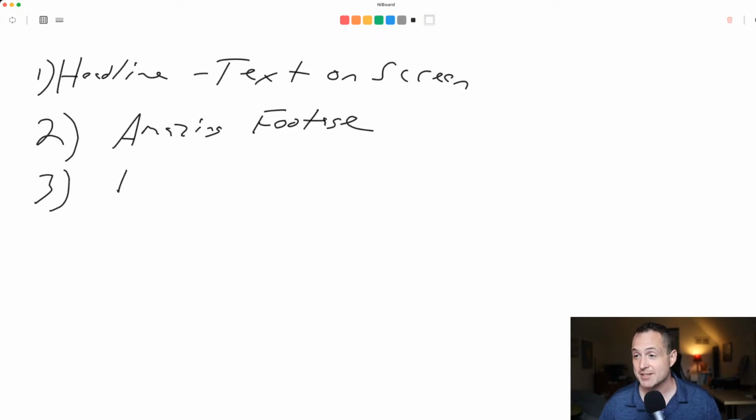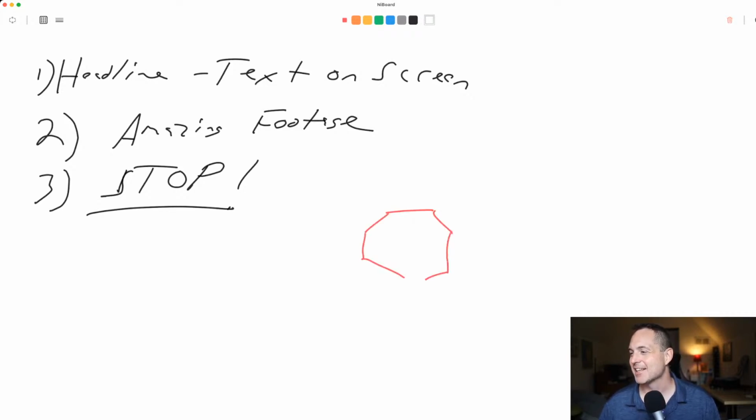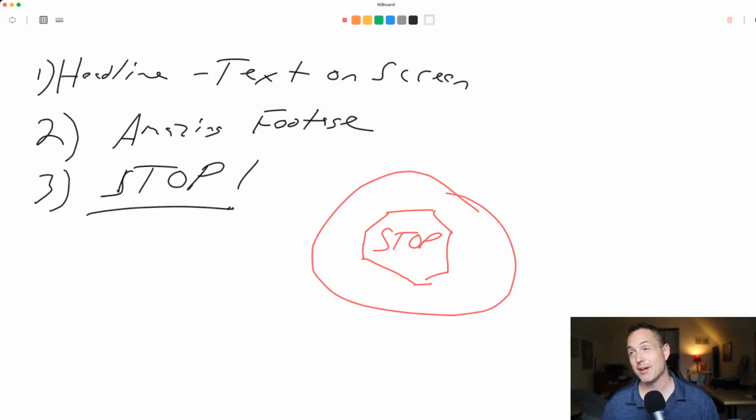And my third tip is kind of a little hack. I've had a lot of success by just simply saying stop. In fact, I've even done it before where I've just flown in a little graphic with a stop sign that says, oh wow, that is a terrible hexagon. Yikes. Or octagon, rather. But I've just flown a thing in that says stop, and then we'll have the person say stop or whatever it might be, and that just stops the feed. This works really well on YouTube too. But I've seen it work great on Facebook as well. It just gets people's attention.